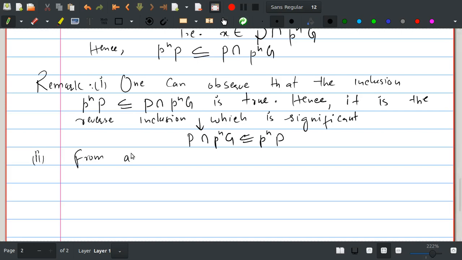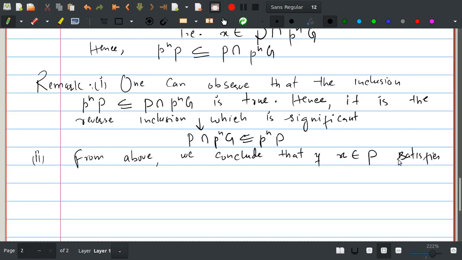From above we conclude that if x is in this P, if this satisfies an equation, which is x equal to p to the power n times a, for some a in G, then